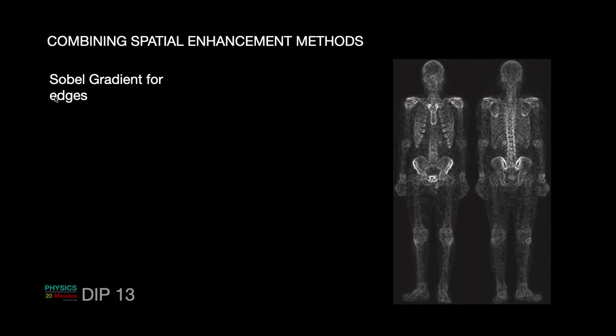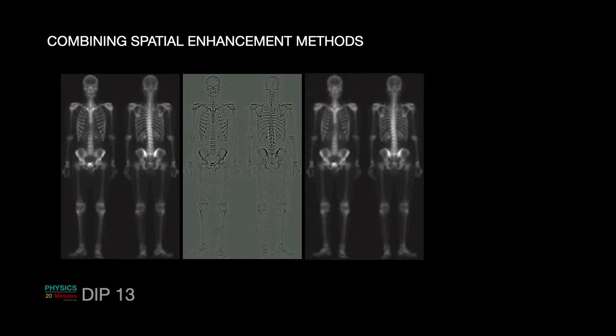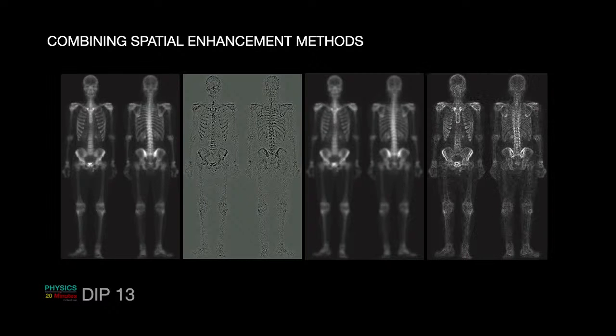So Sobel gradient gives you some smoothing, plus it enhances the gradient operation. You can see that this is the original, this is Laplacian, this is Laplacian added to the original, and this is smoothing and gradient. You will find that the last image brings out the bone structure more prominently than the